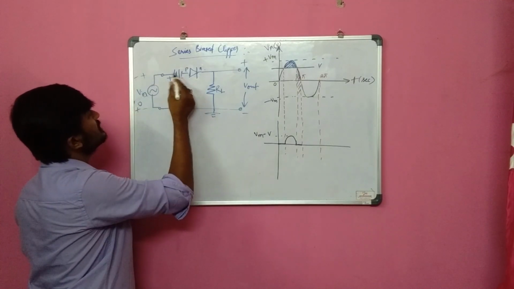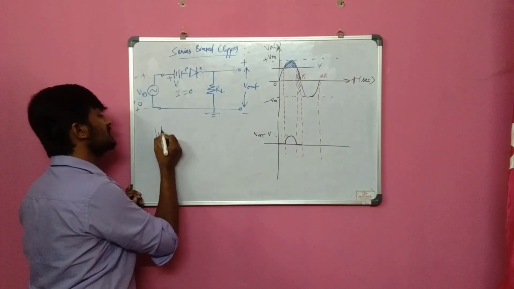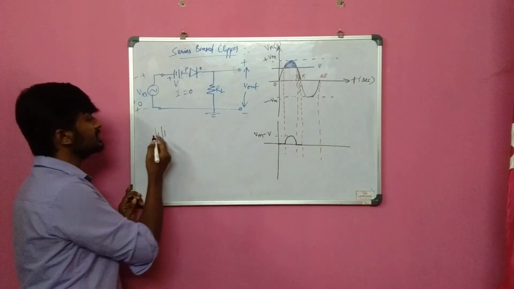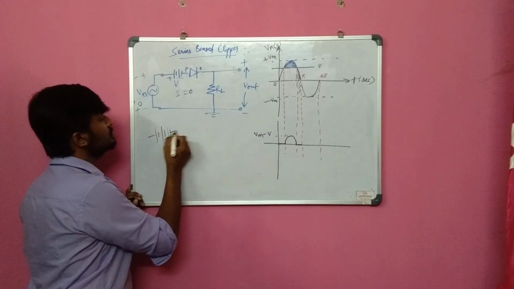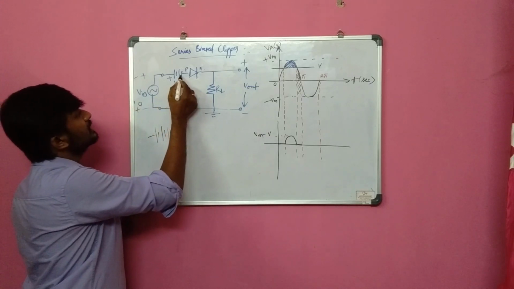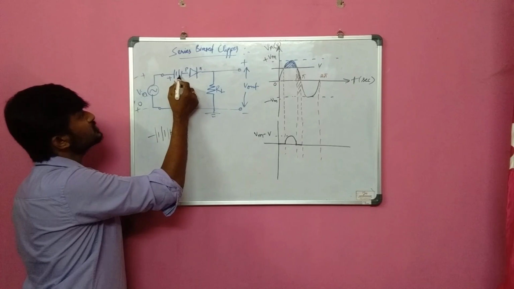See, if you look at the battery, the symbol for the battery is always positive and negative, again positive and negative. Always positive follows negative and negative follows positive, like this. This is the symbol for the battery. So this negative and positive, see, it's starting from the P of the diode, negative and positive.